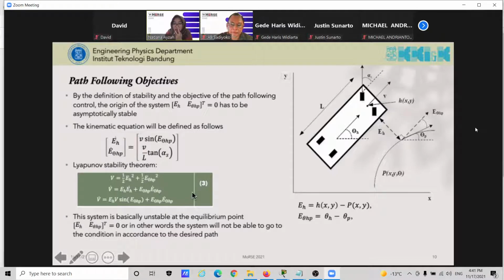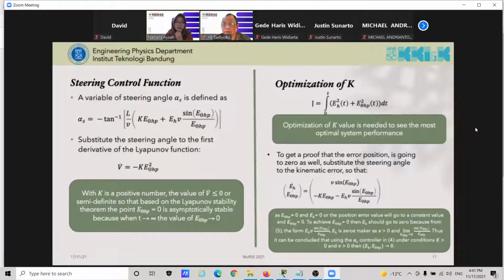So to handle this, we also introduce a steering control function that can make the error of the position and the error of the orientation zero, or in other words, the first derivative of the Lyapunov function is less than zero. So the variable steering angle alpha is defined as this, and if we substitute this steering angle